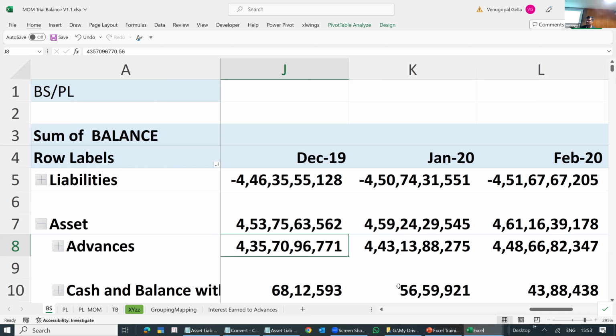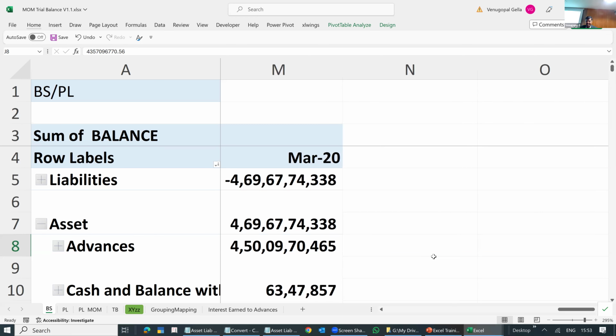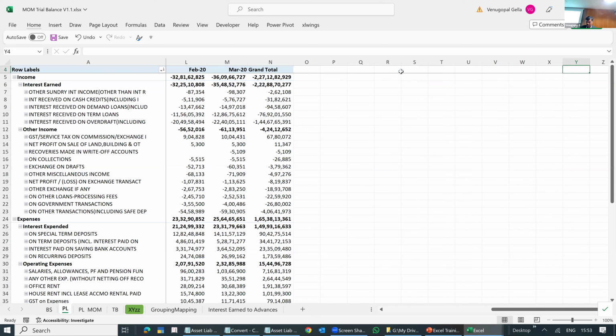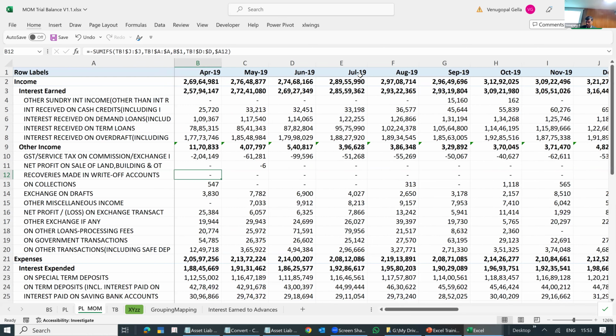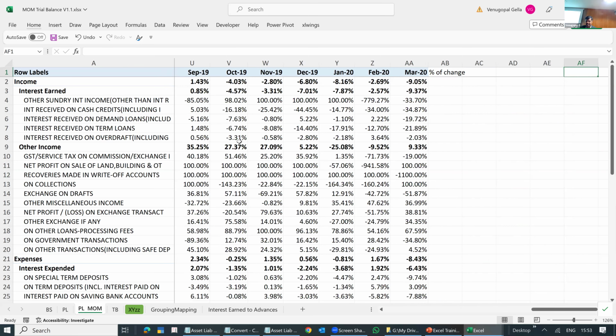Insert sparklines for this data. Now I'll give you the formula for VLOOKUP. Let's say, I think I have already done it in the P&L. If you see, the team has done, what is the change?